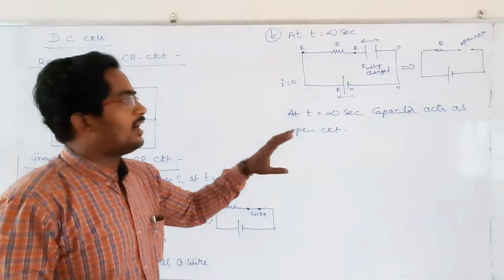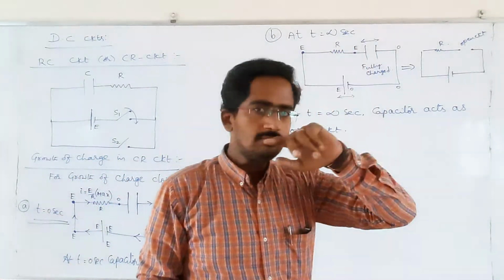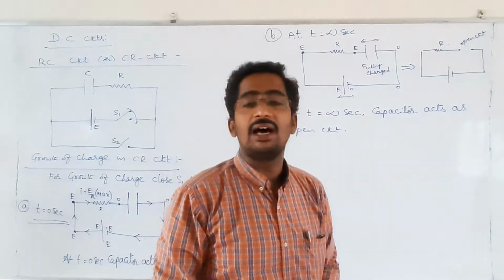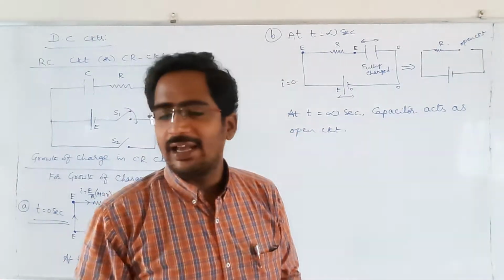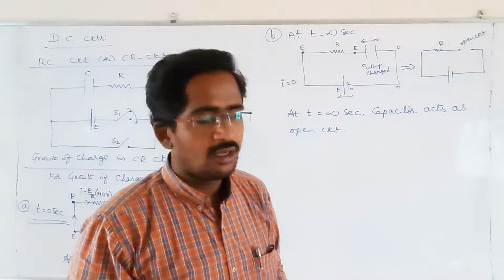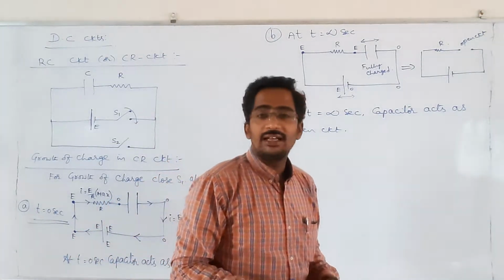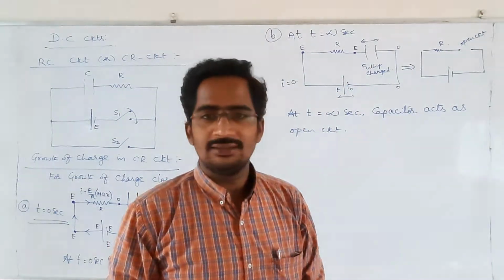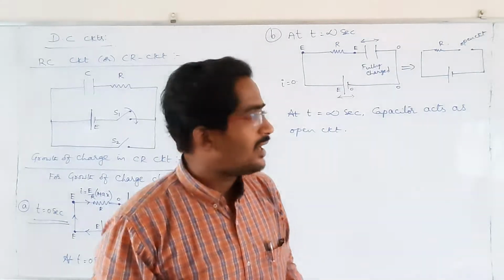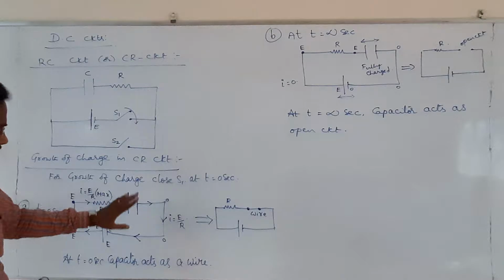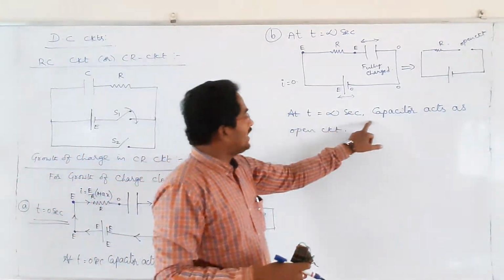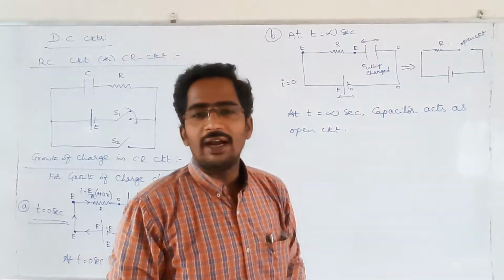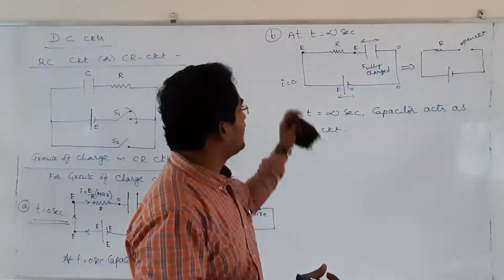So it is quite opposite to the inductor case. Yesterday we already studied the LR circuit. In that one I told you at the time of 0th second, what about the current value? 0. At that moment initially it acted as an open circuit, but finally it acted as a wire. But here initially it acted as a wire and finally it is acting as an open circuit. It's quite opposite to the inductor. So it is the second case.